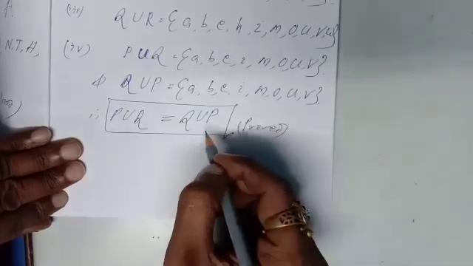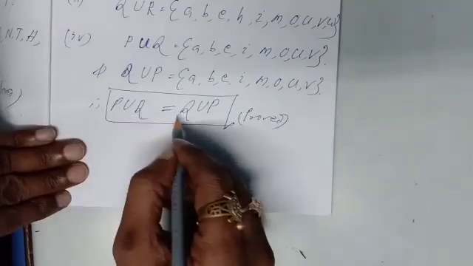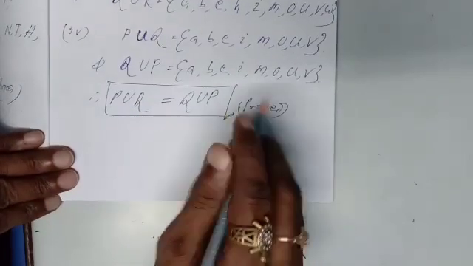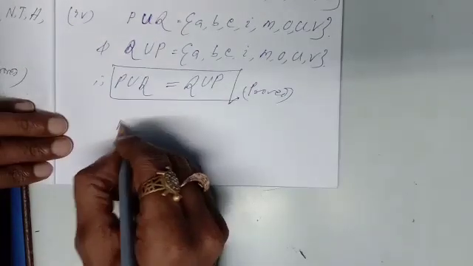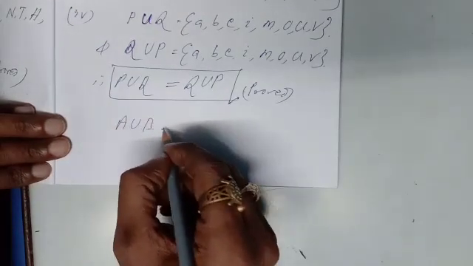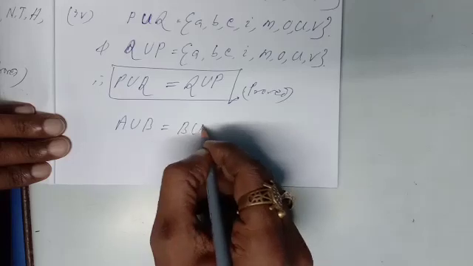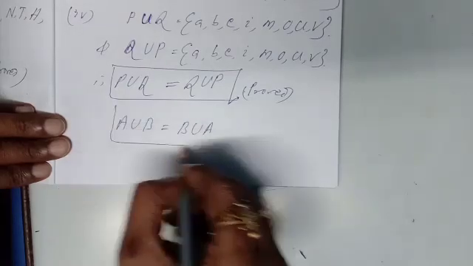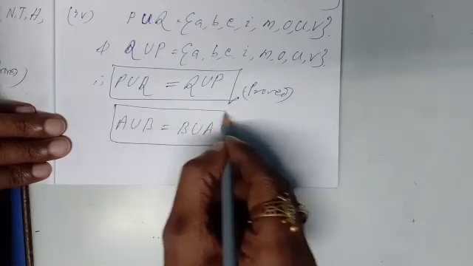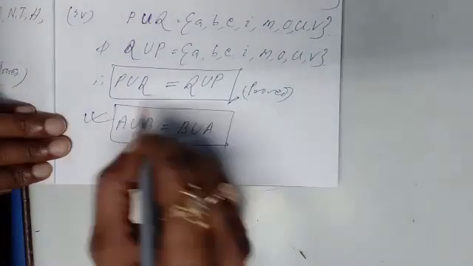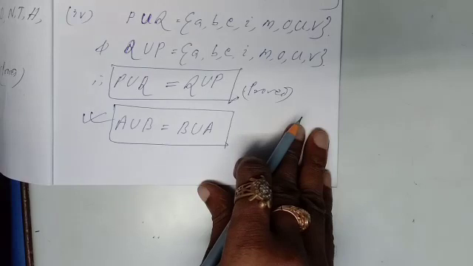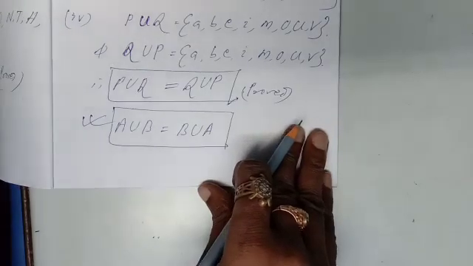Because the theorem is A union B is equal to B union A. This is the conclusion from the set theory chapter. It is clear that A union B should be equal to B union A. So the elements present in A and B, and B and A, will be the same. Okay, this is the theorem. We are getting the conclusion from number 9. Let us go to number 10.